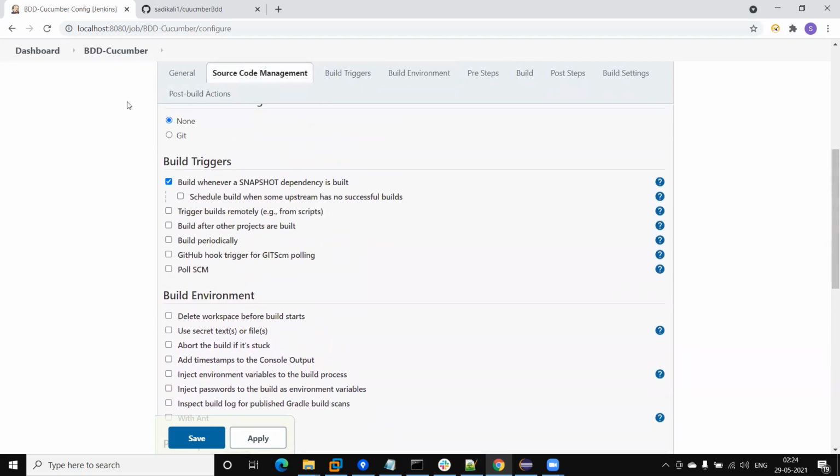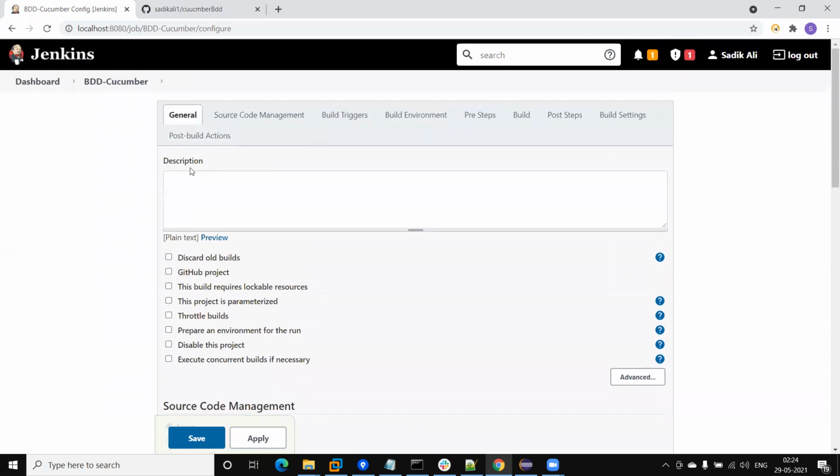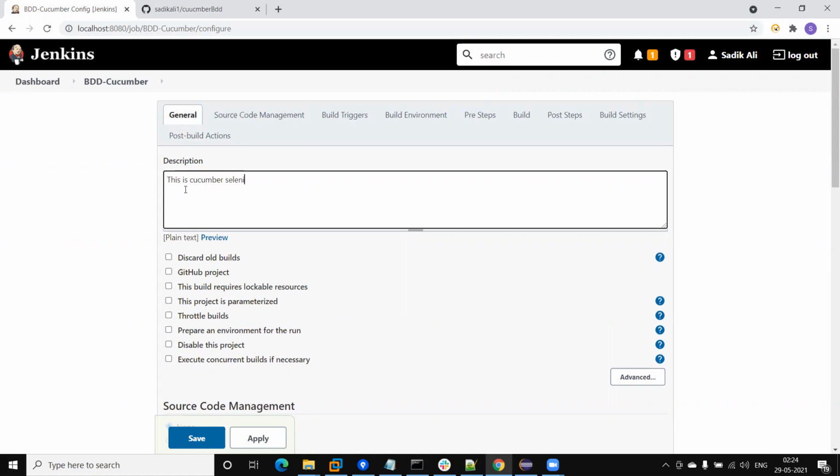Now I'm coming to the configuration part. First of all, this is the description. Here we will add the description of our job, like this is a Cucumber Selenium automation framework. Next, we can also configure things here, but these are not important.